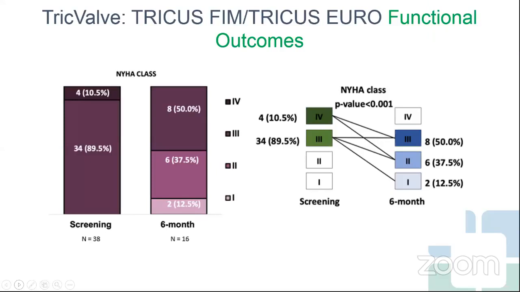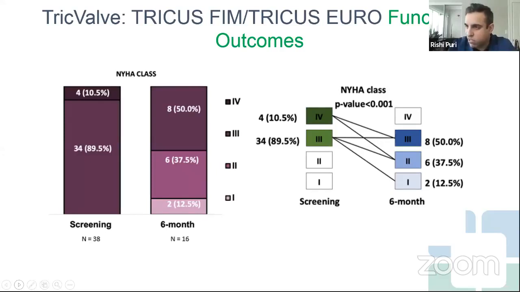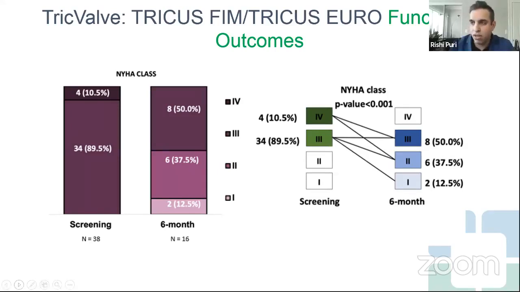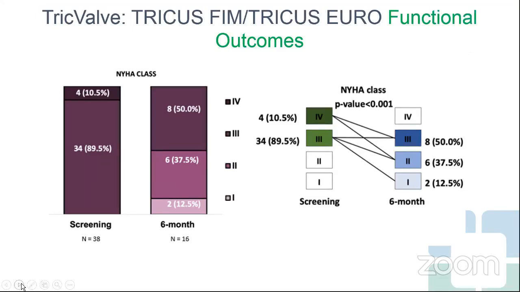Let's look at some of the functional outcomes that are very important. You can see here some very promising data. You know, these are limited numbers. Not all of the 38 patients have been followed up yet, but we're seeing very important trends in the right direction, that these patients are deriving improvements in their functional outcomes. And we see a halving of the patients who are at the upper end of the NYHA scale, which is quite impressive, and in line with some of the other